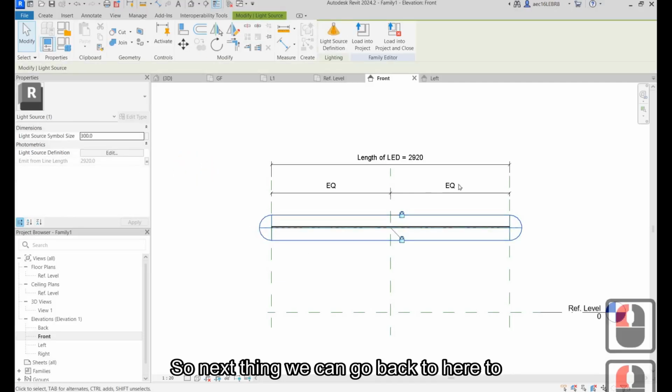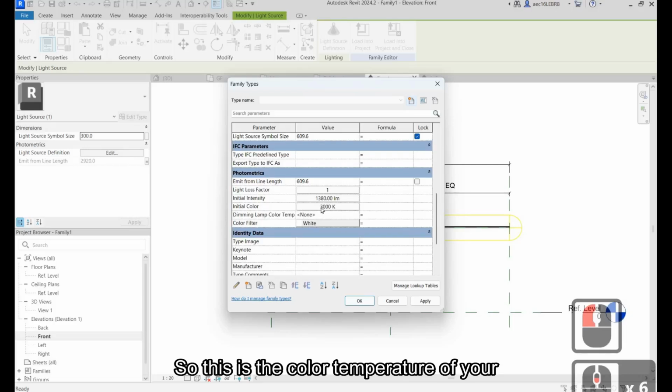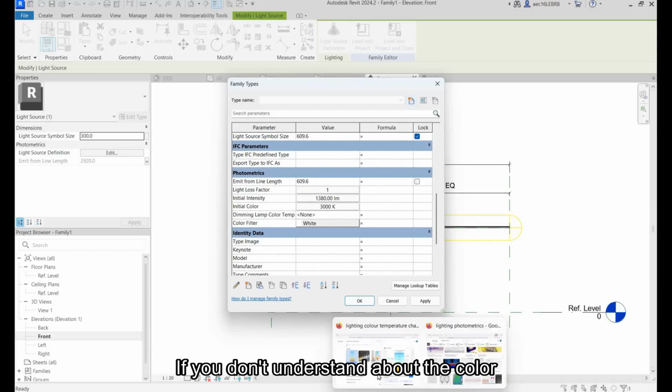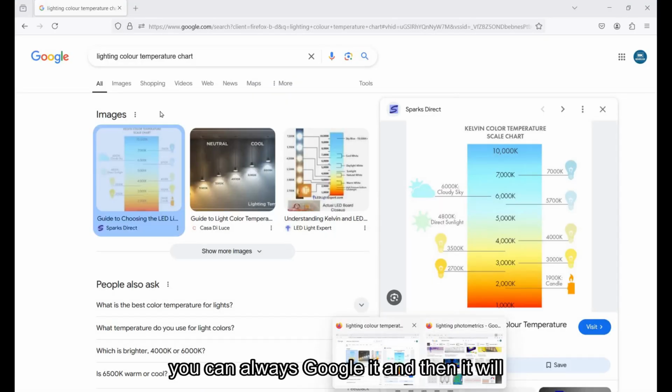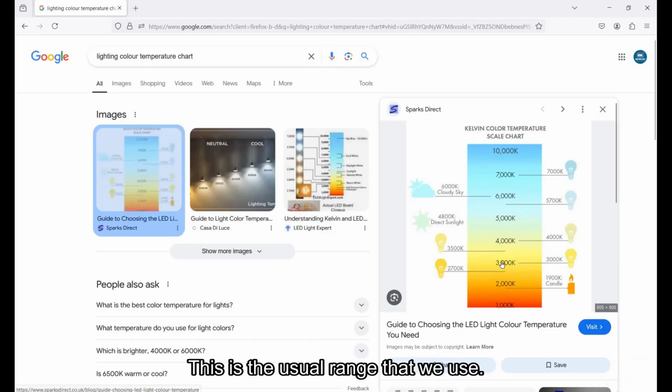So next thing, we can go back to here to adjust the lighting level. So this is the color temperature of your lighting. If you don't understand about color temperature, you can always Google it, and it will indicate that. This is the usual range that we use. So this is called yellowish color. 4000 will be slightly whiter than the yellowish color, and 5000 will be close to daylight color, which is the white color.